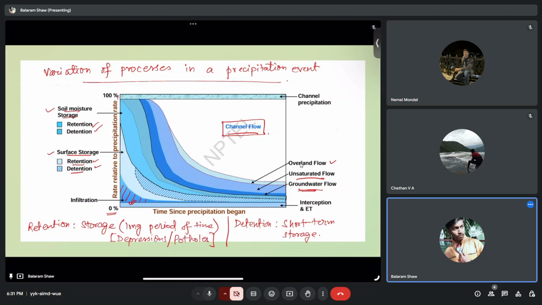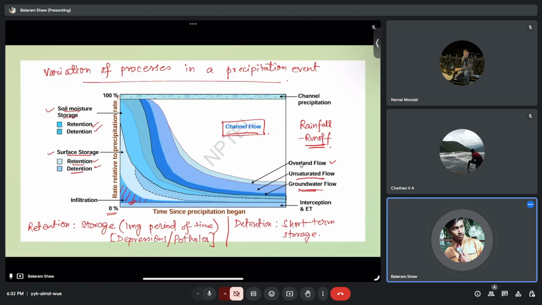Okay. So with this, we understood the importance of stream flow, right? So we will study about the rainfall runoff, or here today we'll only study about the stream flow measurement process. Okay, so stream flow generation, as I mentioned, is because of the overland flow, groundwater flow, and subsurface